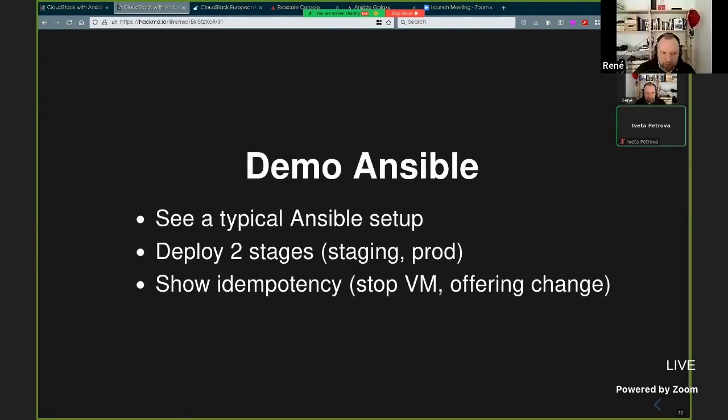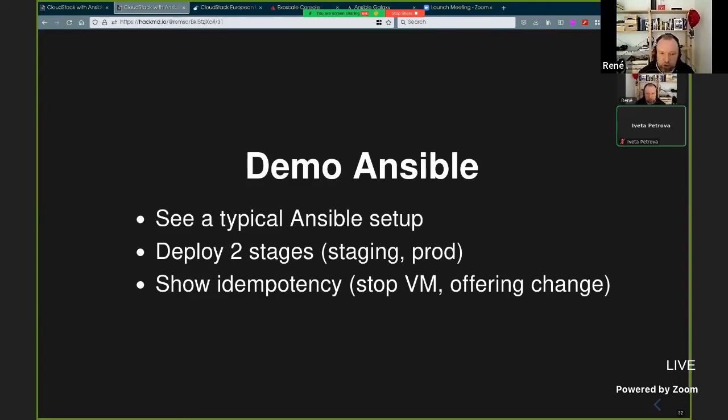So the demo: you see a typical Ansible setup, which we use. We deploy two stages, a staging and a prod setup. Staging is already running, and prod we are going to deploy.